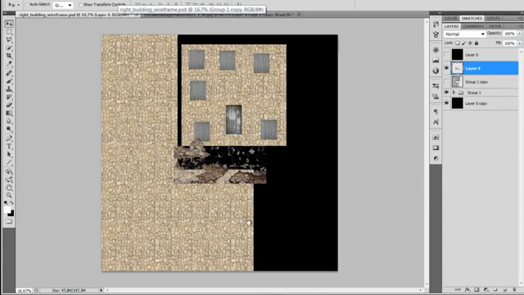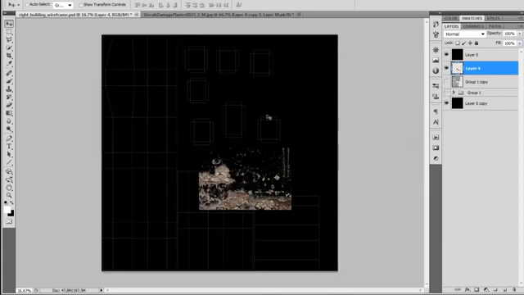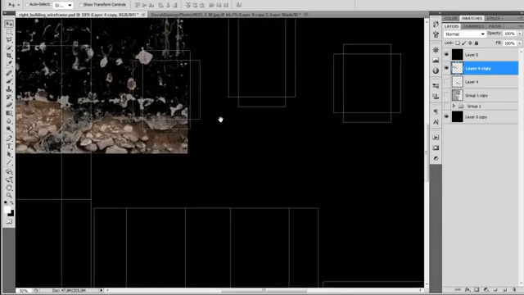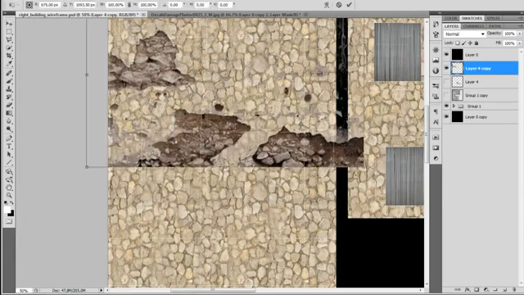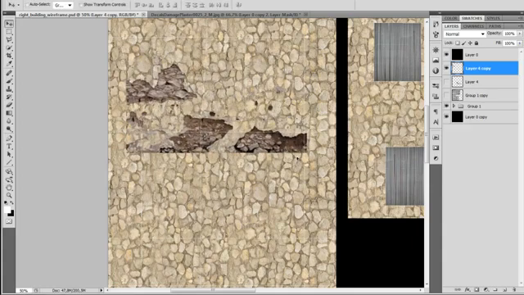Now I hit Ctrl and A to select all, and then Ctrl Shift and C to copy merge everything and then paste it into the building's texture. So I'm just looking where to position the texture. You can see where the door of the building is. I'm going to copy the texture so we can have a backup. First we're going to create little cracks between the corner of the building. So I'm trying to position it right there. Just scale it down so the scale matches the one of the building,